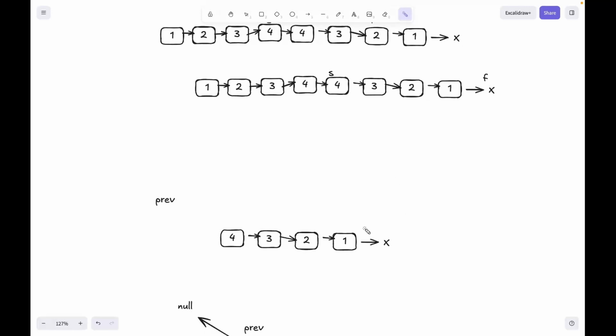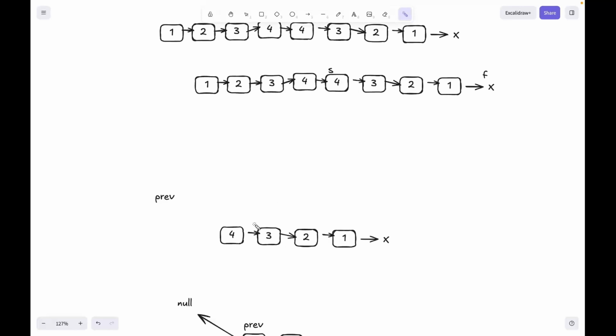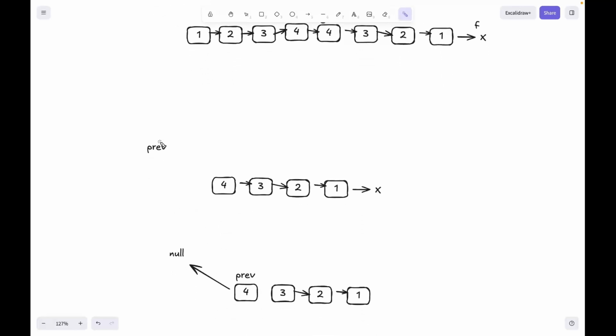So what we have done is, you will get the head of a linked list, that is slow. My slow will be pointing here. You will pass it to a function and you will create a node prev. Initially the prev will be null. What you will do is break this link and point it to the prev, meaning it is pointing to null. After that you can move prev here. But if this link is broken, then you won't be able to access the next node. So you can simply say